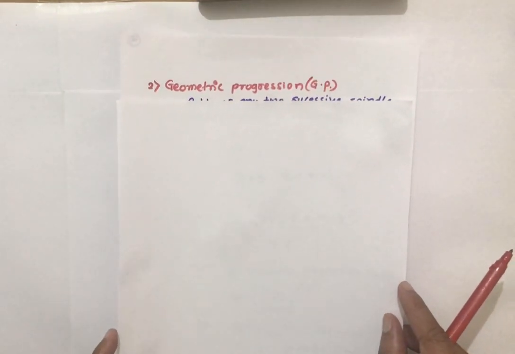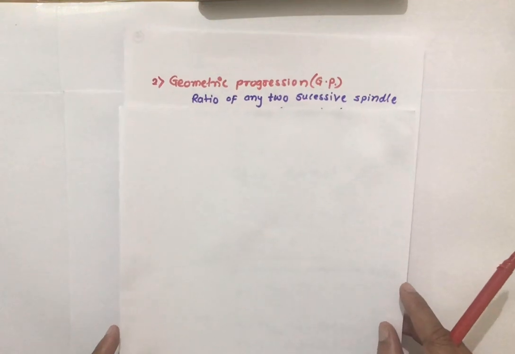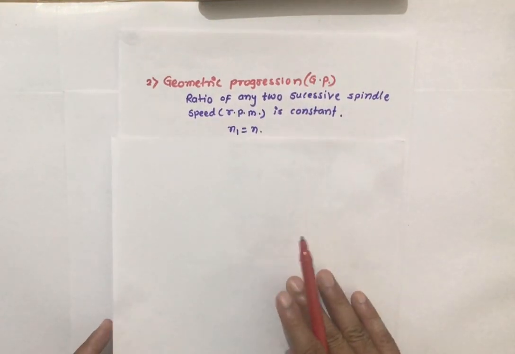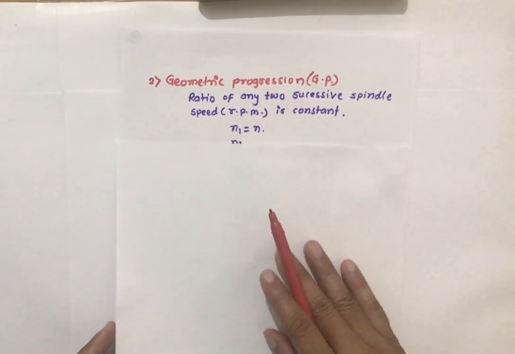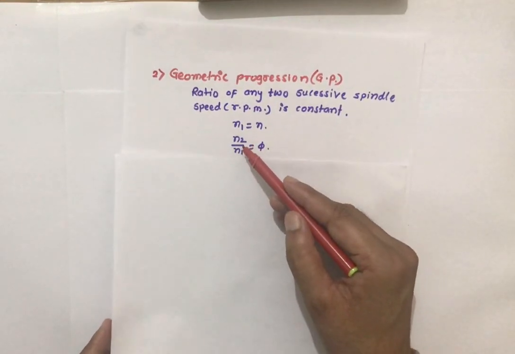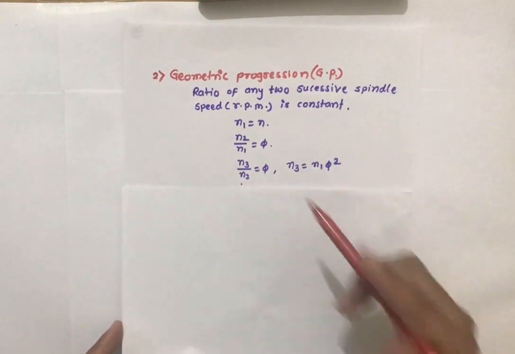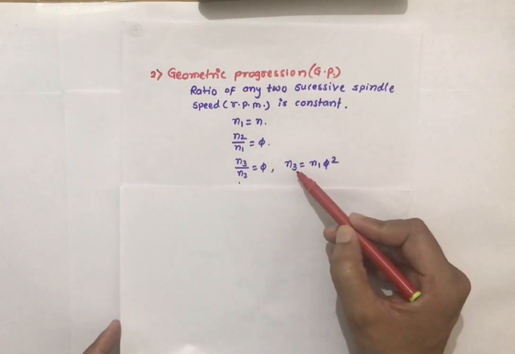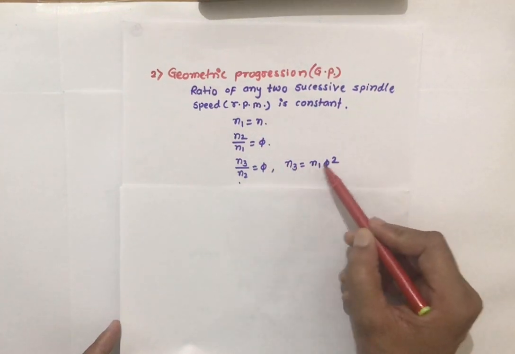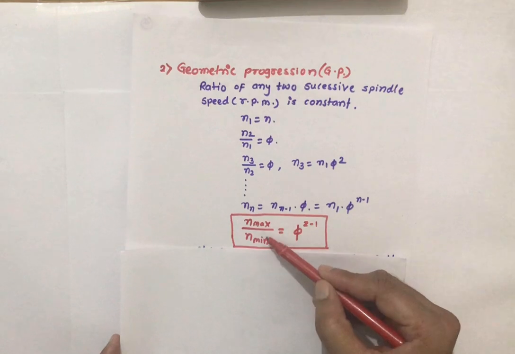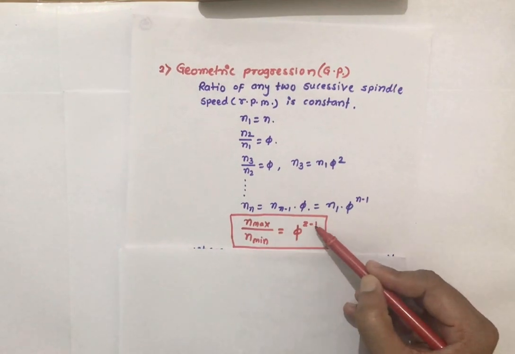The next speed regulation law is the geometric progression, where the ratio of two successive spindle speeds is constant. Assume N1 is the input or minimum speed, then N2 by N1 is phi, the geometric progression constant. So N3 by N2 becomes phi, and N3 in terms of N1 is N1 into phi square. So the generalized formula will be N max upon N min is equal to phi raised to Z minus 1, where